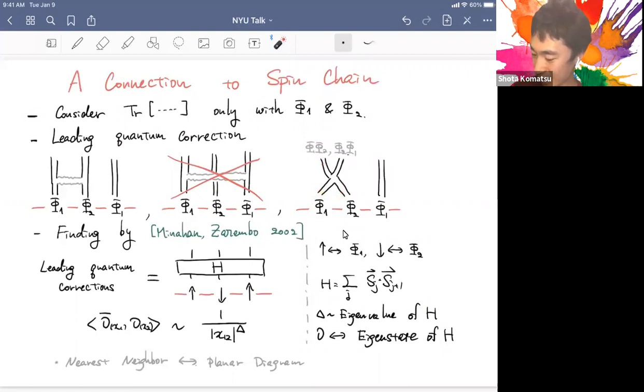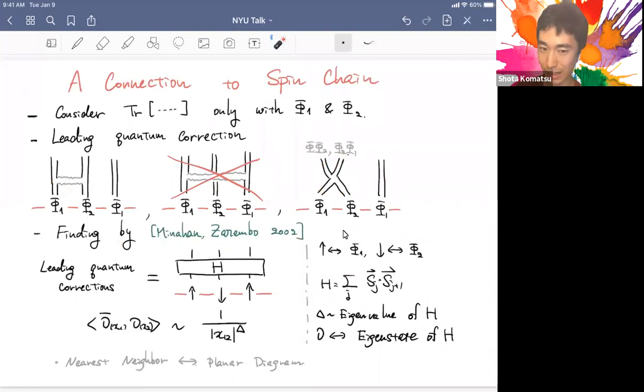And unlike this gluon exchange, the endpoint of the contact interaction has two possibilities, either phi1, phi2, or phi2, phi1. And one important finding by this Minahan-Zarembo paper is that all these leading quantum corrections can be mapped to